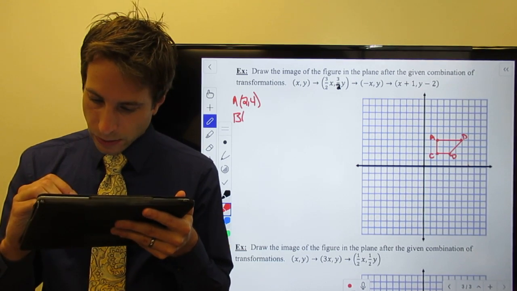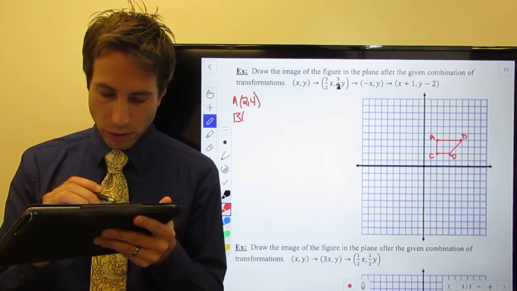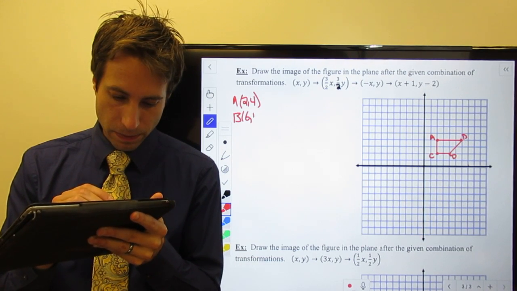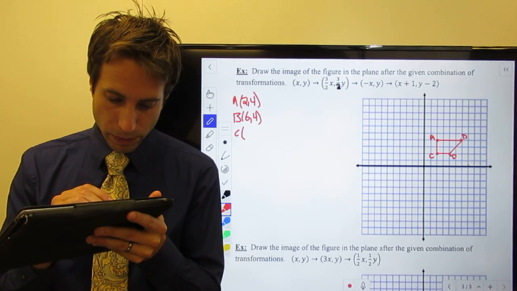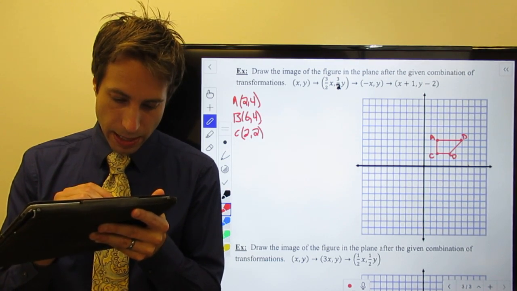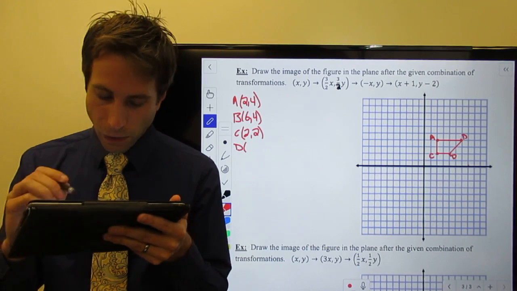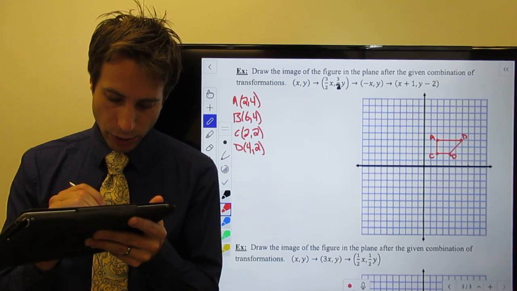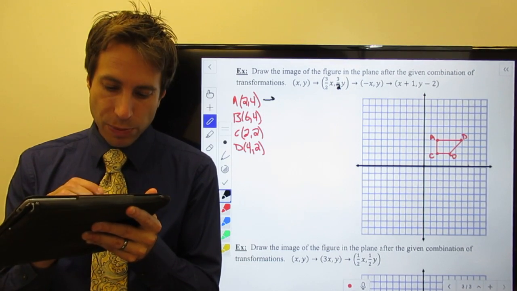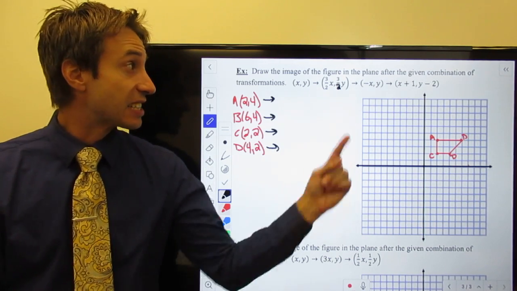B is at 1, 2, 3, 4, 5, 6, so 6, 4. C is at 2, 2, and D is at 4, 2. All right, now what we're going to do is perform our first transformation, and it's given to me